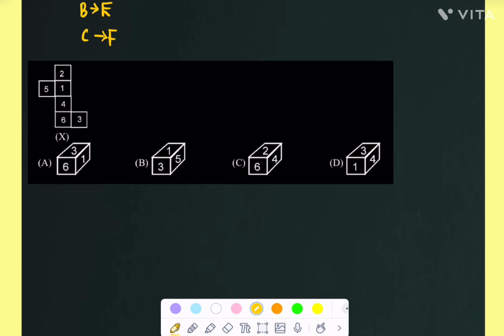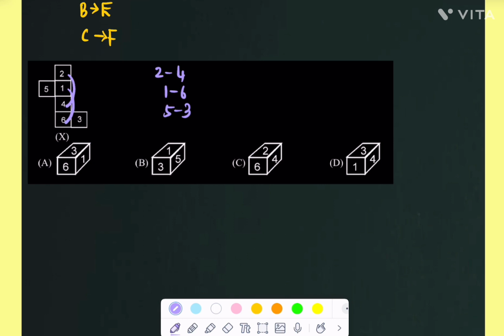And see the next question here. So an unfolded die is given here. In this die case, alternate positions are opposite in one column. These two are opposite only. 1 and 6 are also opposite, 5 and 3 are also opposite, 2 and 4 are opposite here, 1 and 6 are opposite, and 5 and 3 are opposite, right? And we'll check it once.